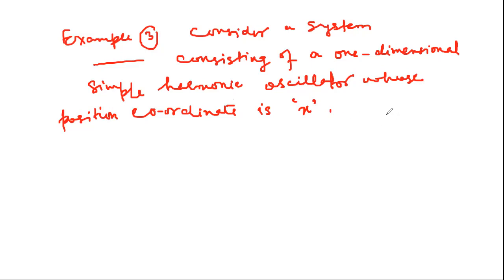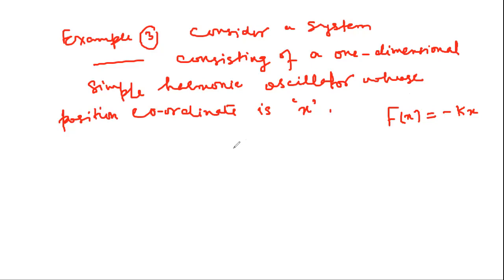It is that oscillator which oscillates under the action of a force F of x equal to minus kx, where x is the displacement of the particle from the mean position. K is the constant of proportionality. So if I have such a one-dimensional harmonic oscillator, in quantum mechanics, how do we specify the quantum states of this one-dimensional simple harmonic oscillator? Remember,